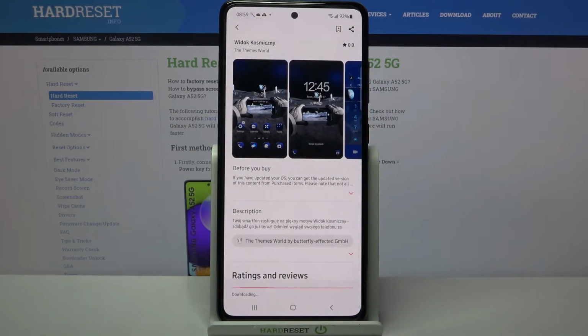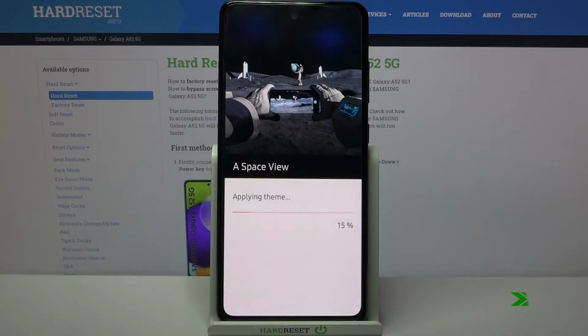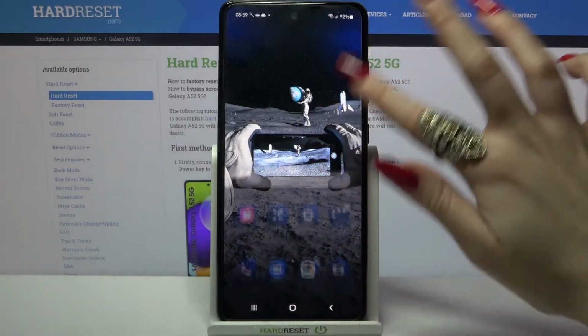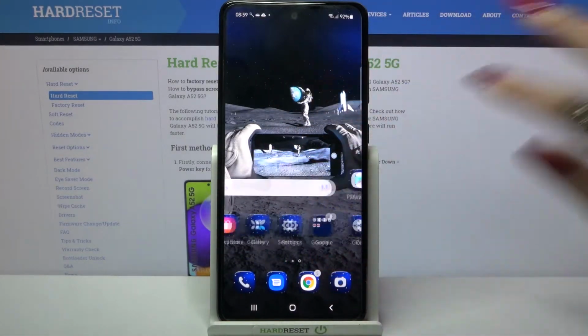Click on download and select apply. As you can see, theme of my device has changed, but if you wish to go back into the default